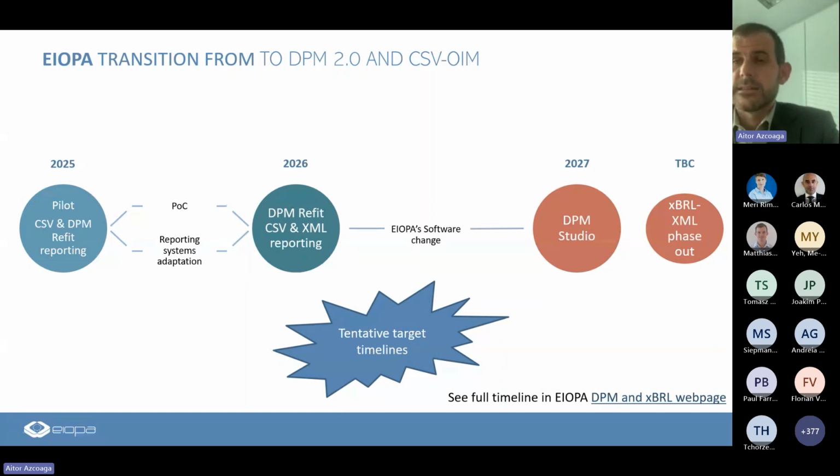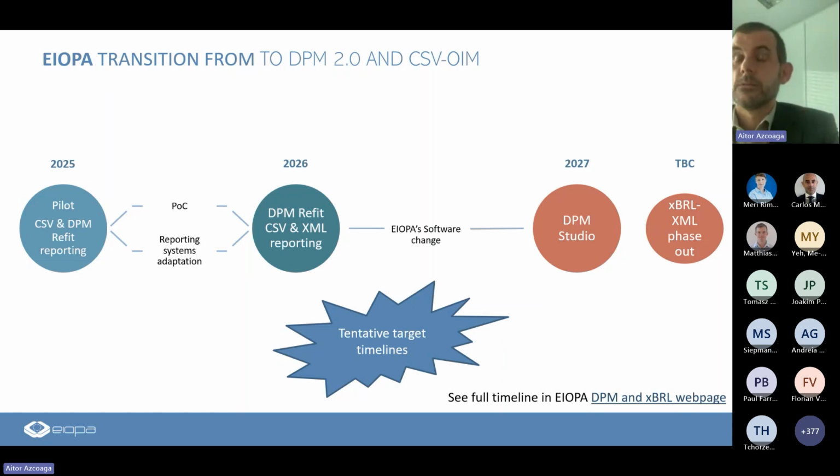Then we will have a second year where we will also include CSV, most probably, or we are still considering, at least for reference, being able to accept it as a complement to the XML. And in 2026, we will repeat the same thing, or a new release, but this time the next step will be for production. So we do the swap to the DPM 2.0. We may still publish some information on DPM 1.0 just for reference, for undertakings that may still be attached to the older version. But what we are going to request in terms of the products update will be the DPM 2.0.